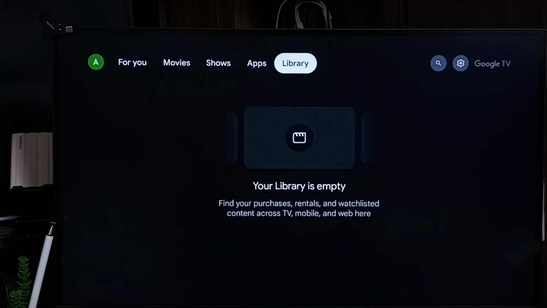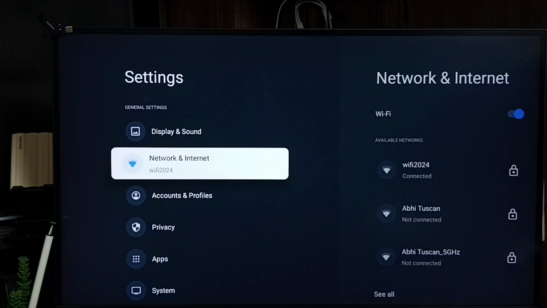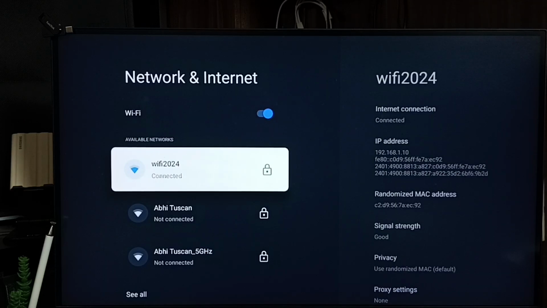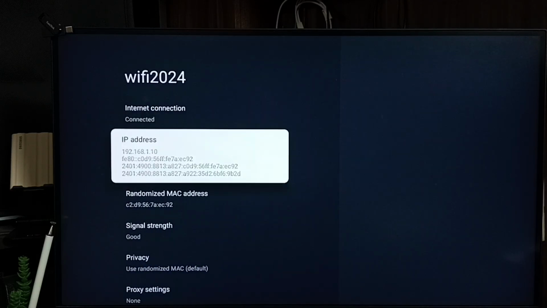Go to settings, select the settings icon from the top right corner. Go to network and internet. Select the connected Wi-Fi network. So Wi-Fi 2024, that is the name of the Wi-Fi network that I am using. Select it. Here you can see the current IP address